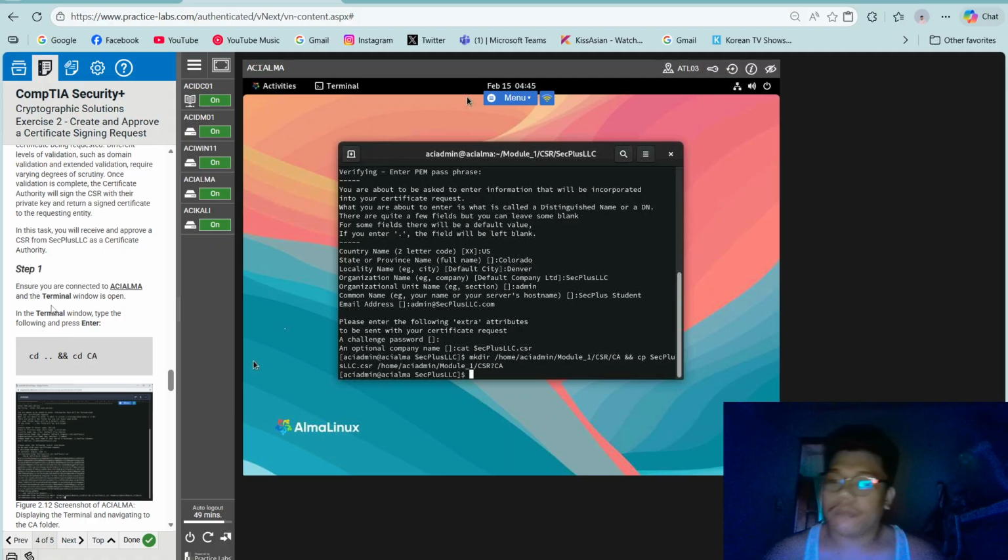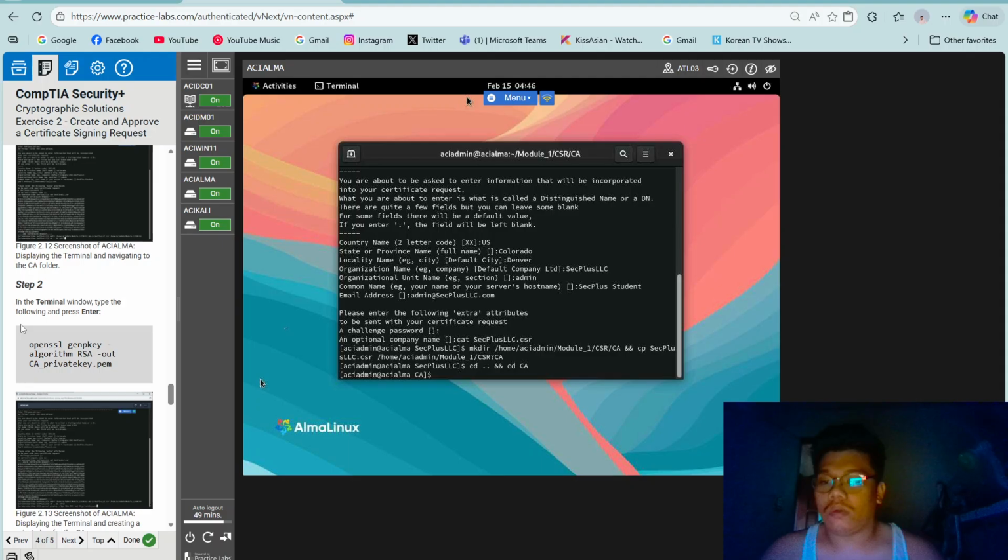certificate authority. So step 1, still ACI ALMA. So on the terminal, CD, CD CA.